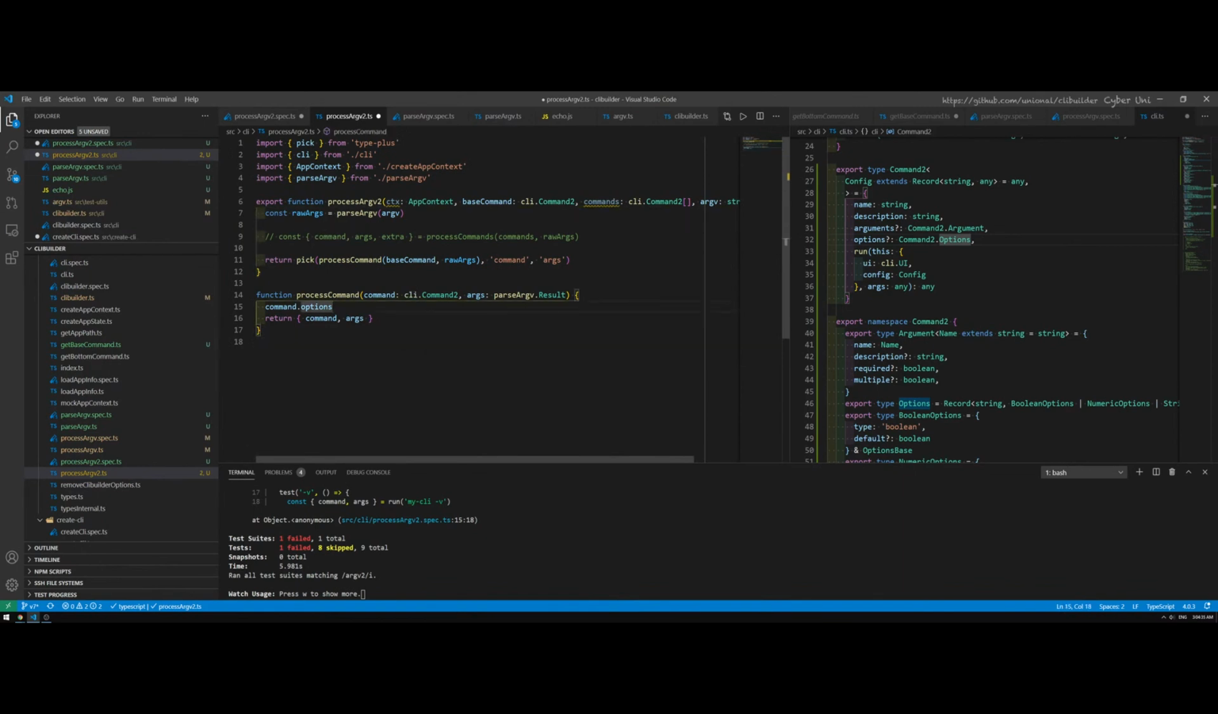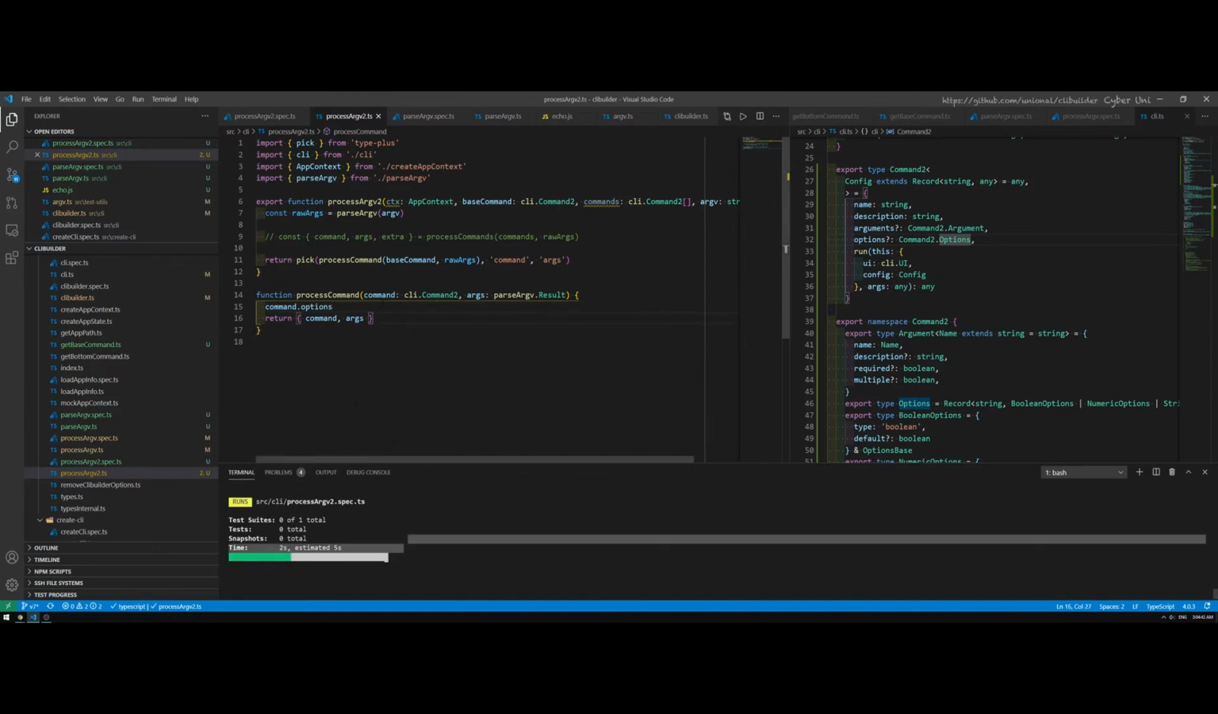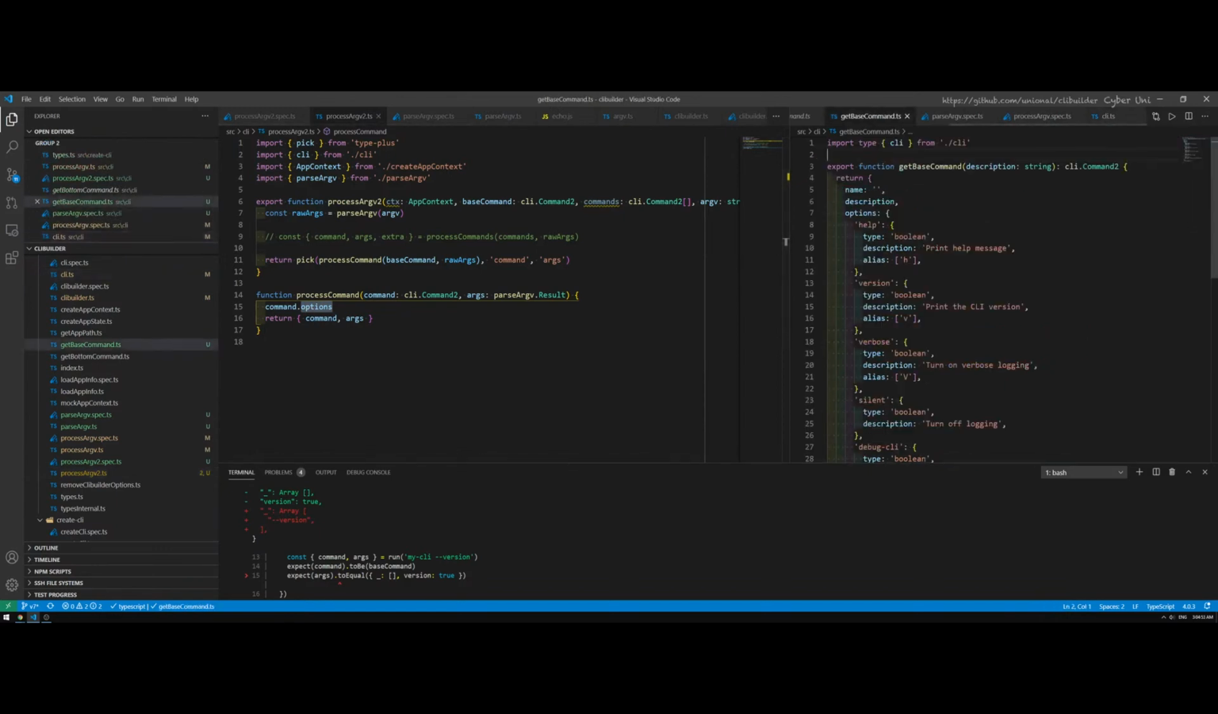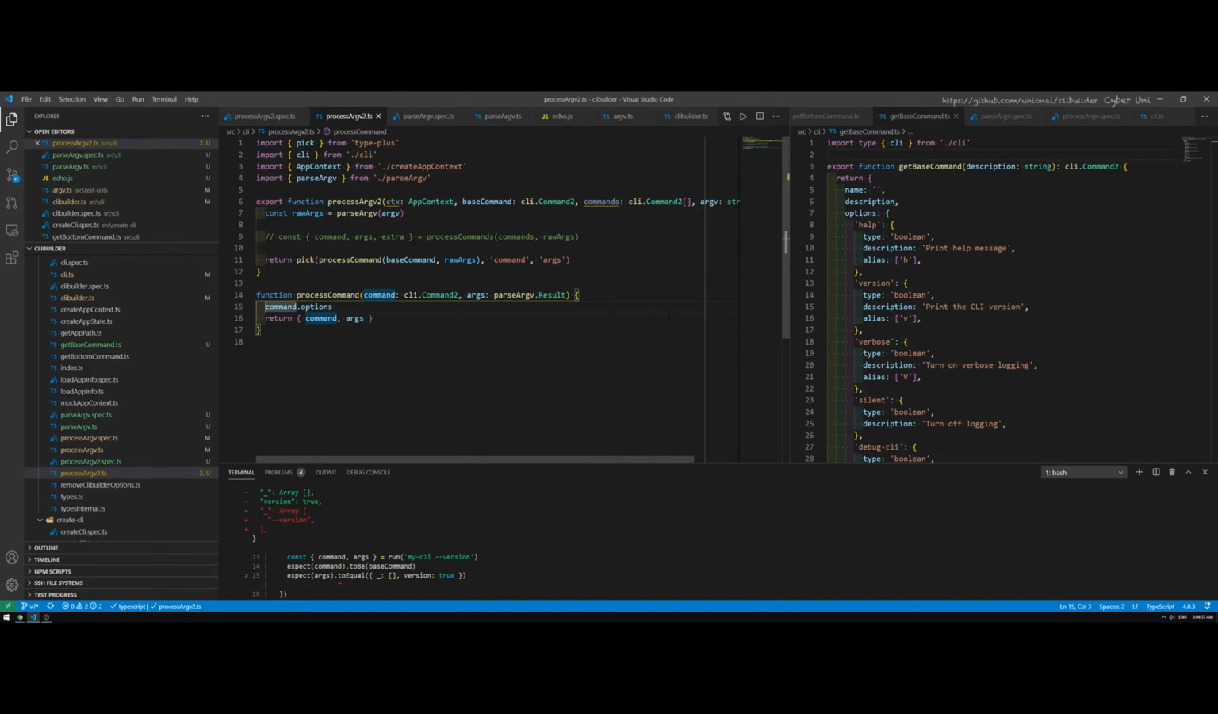Okay. So saving that, of course, the test will still fail. We haven't done anything yet. And now these options will look like this, right? So I can process it